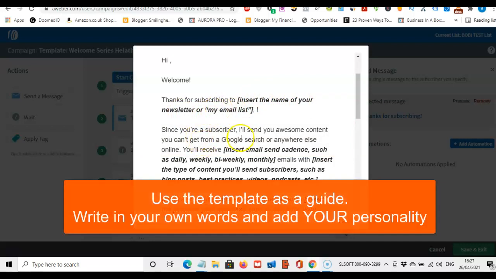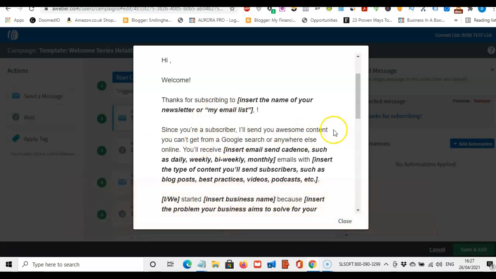Since you're a subscriber, I'll send you awesome content you can't get from Google search or anywhere else online. You'll receive, insert email send cadence such as daily, weekly. So you'll receive weekly, monthly, bi-weekly emails with, insert the type of content you'll send your subscribers, such as blog